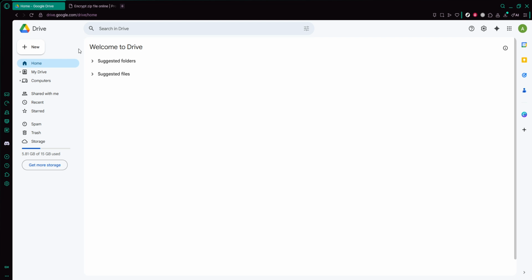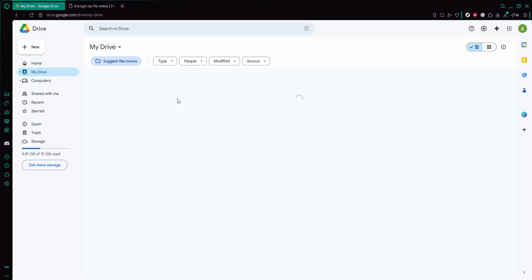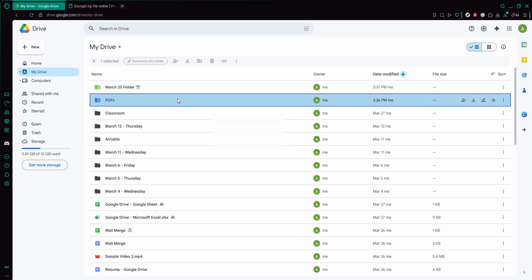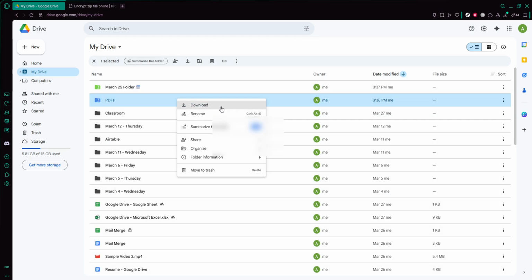To start, you'll need to download the file from Google Drive to your computer. Open Google Drive in your browser, find the file you want to protect, and right-click on it. Then choose the download option. Your browser will save a copy of that file to your default download location, usually the downloads folder on your computer. If you're not sure where it went, you can check your browser's recent downloads list and open the folder